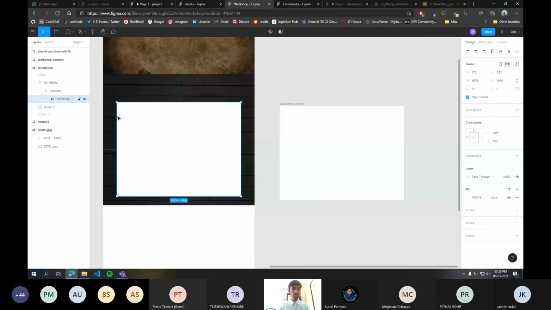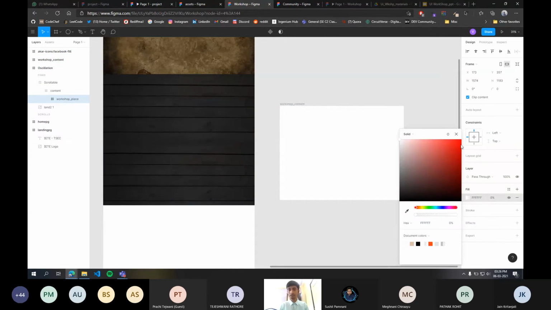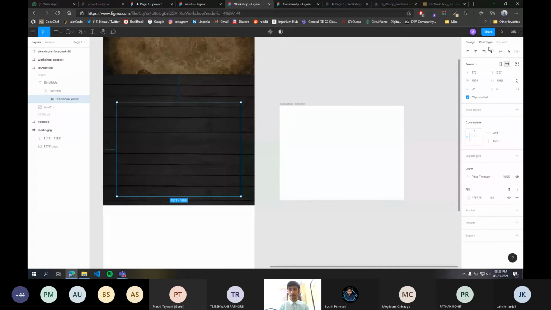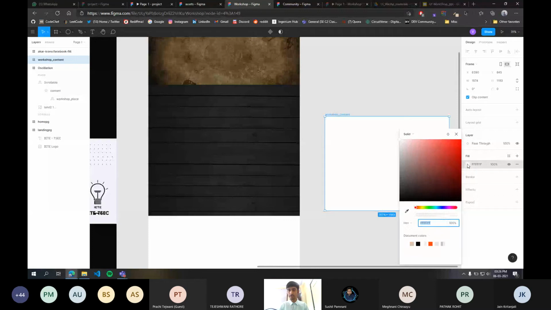So we'll click on this workshop placeholder frame. First of all we'll make it transparent, and then we'll select this content frame and also make it transparent.